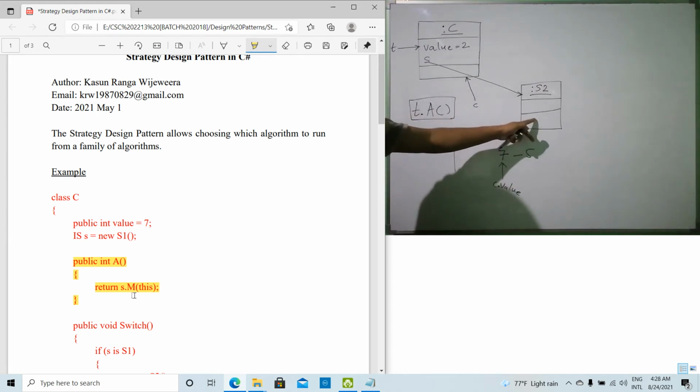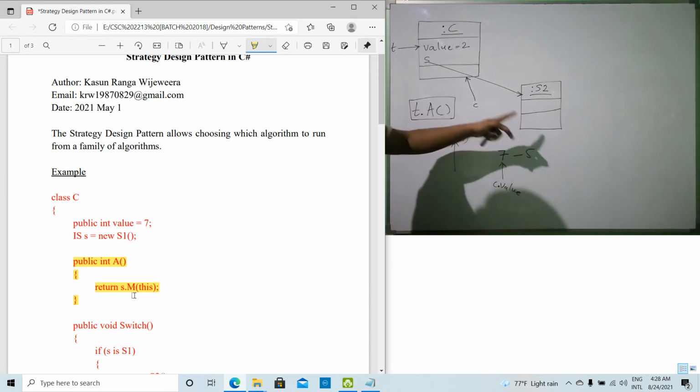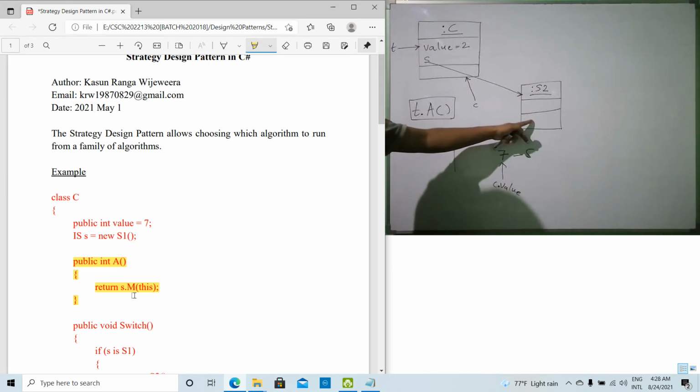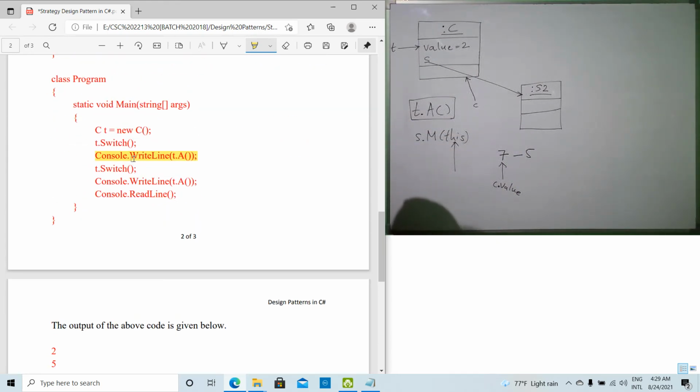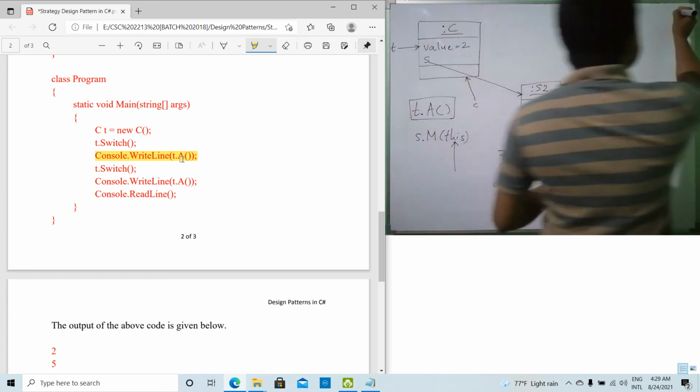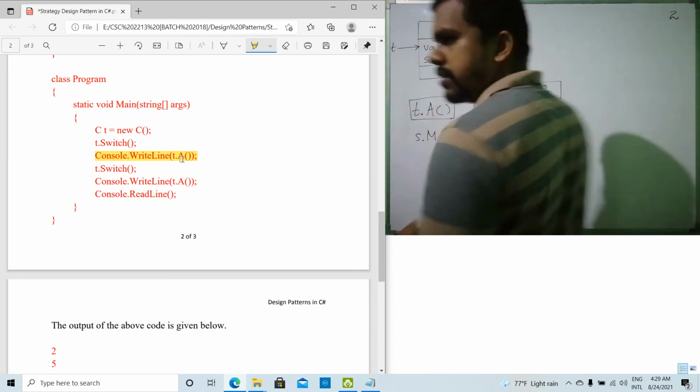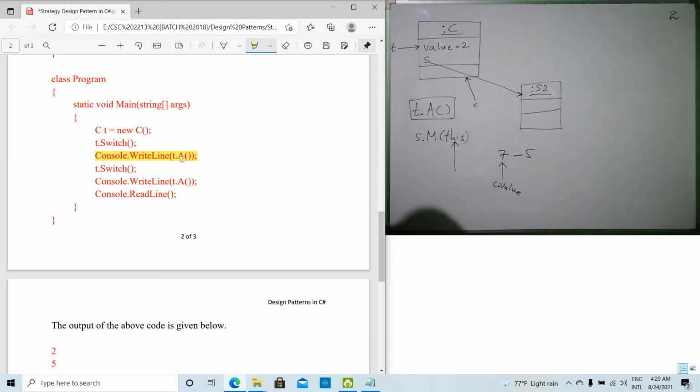It now returns the value 2. Okay, it returned the value 2. Therefore this one displays the value 2. Okay, value 2 is displayed. Then after that we move to the next line of code,